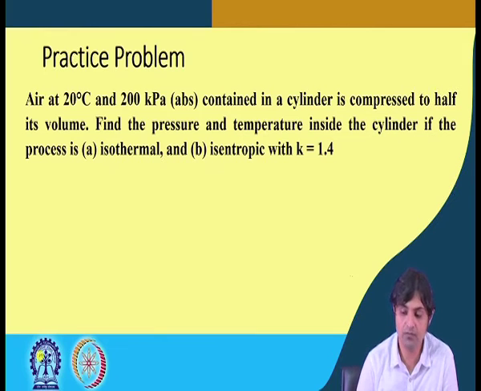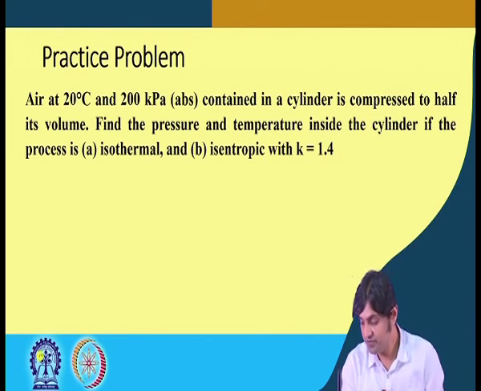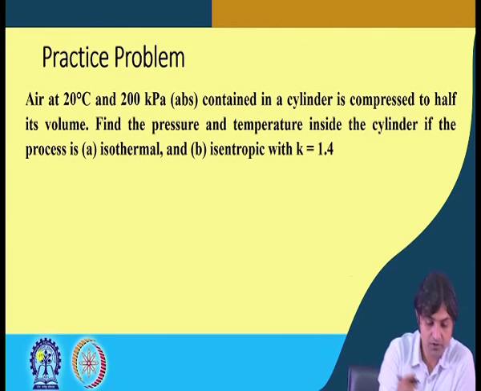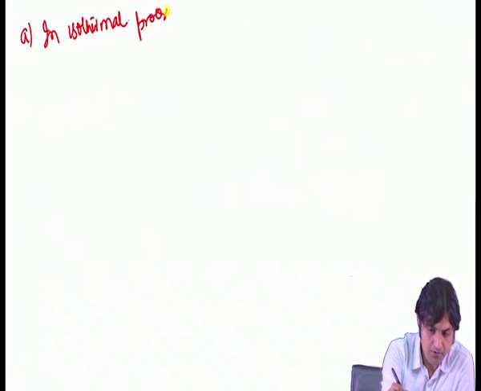Find the pressure and the temperature inside the cylinder if the process is A isothermal, and B if it is isentropic with k equal to 1.4. So okay, the best way to go is to have the whiteboard. So whiteboard is very good. So in isothermal process,